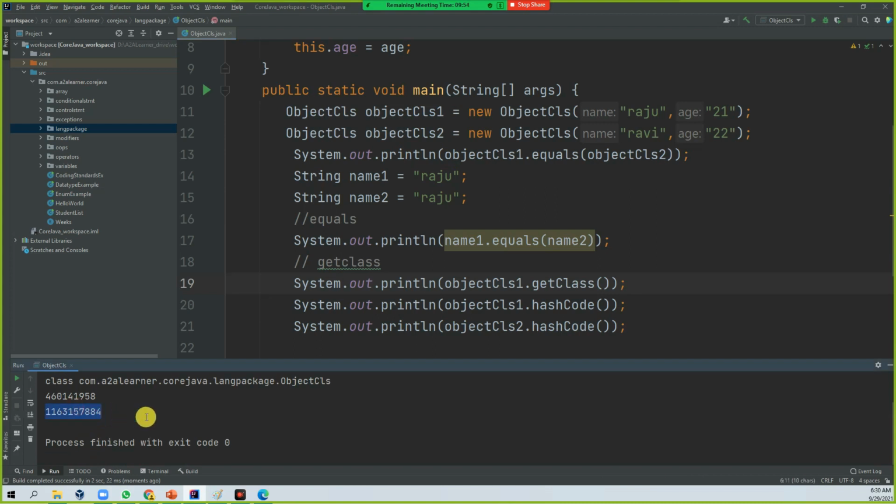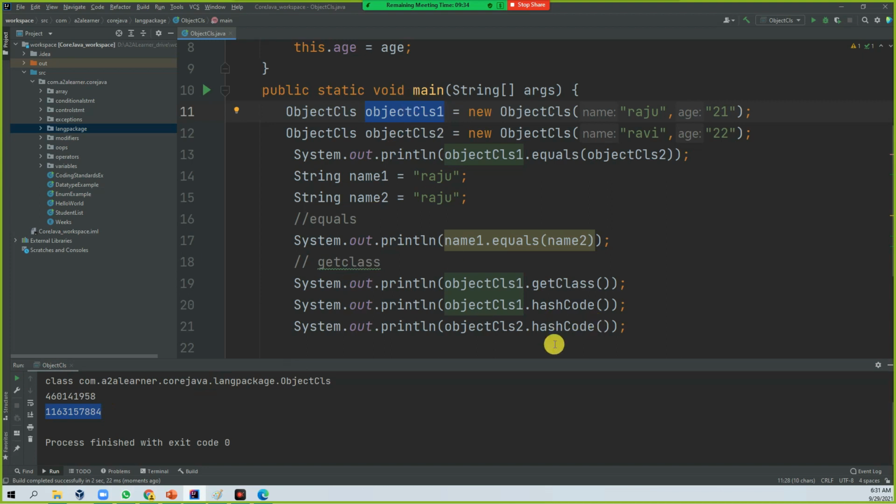At the backend, whenever it is running, the JVM allots some number for each object. That number tells where the object, whichever class reference it has, is stored in memory.